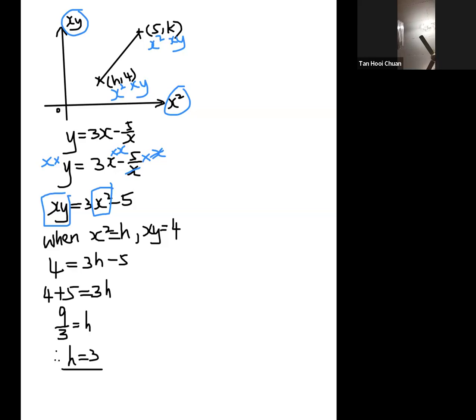H equal to 3. Next, second one, when x squared equal to 5, xy equal to k, you put inside, k equal to